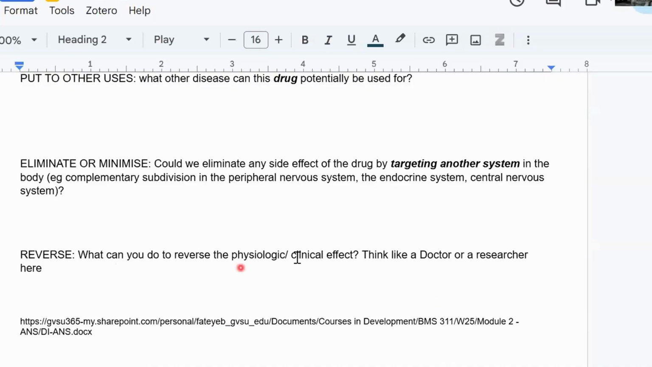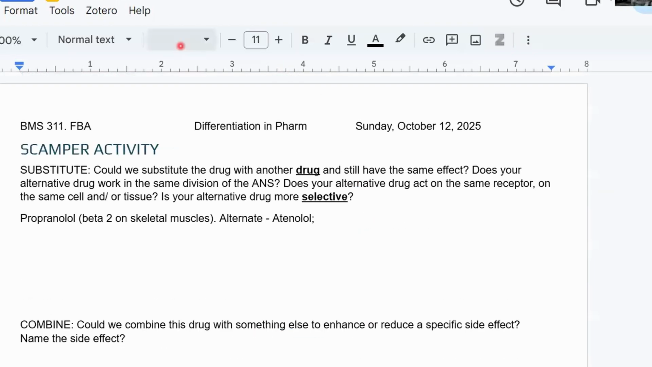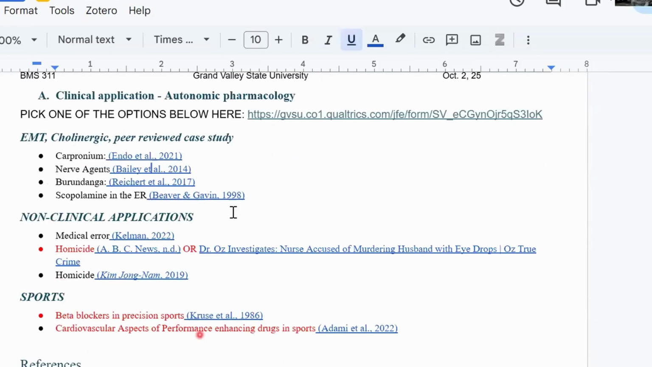Finally, how can you reverse that effect? In this case, you can decide to think like a doctor, an MD, or think like a researcher. How can you reverse that? And that's it for this differentiated activity. At any point, if you have questions or you're stuck, reach out and we can chat about your thoughts. You don't have to have the same answers as everyone. The key here is that you can understand and apply this information to an area that is of interest to you. Hopefully, one of these interests you, medical